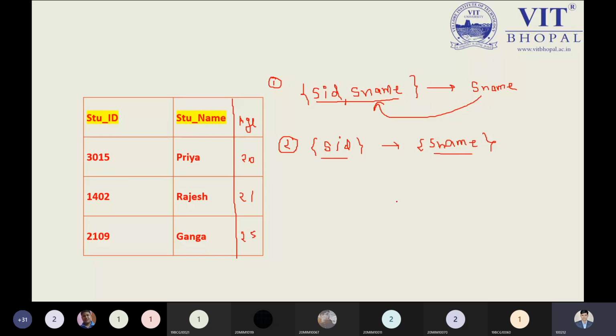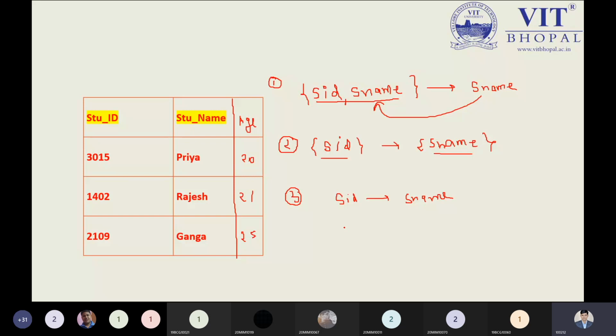This is only a simple example we are taking. That example is saying to us, if student ID is the determinant of student name, it means student name depends on their ID. So we can take student name, but the reverse process is not acceptable over here. That is the first one.